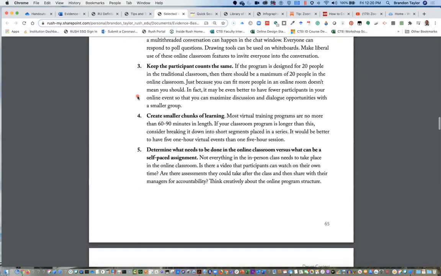You definitely want to keep the counts the same, if not smaller. I know some of our courses are large, like in the medical college, it's 150 some people in the courses, in one and two, but they have like 10, 12 faculty with it. So try to keep the same ratios and not expand. Just because we can have 300 people in a Zoom session at one time doesn't mean that we should teach a course like that, unless we're going to have maybe 20 instructors in that 300